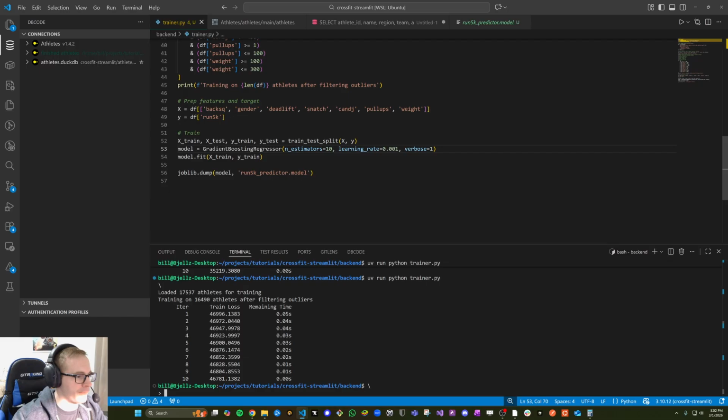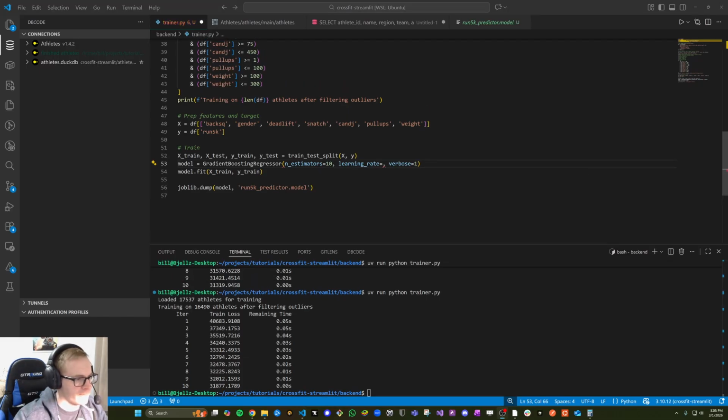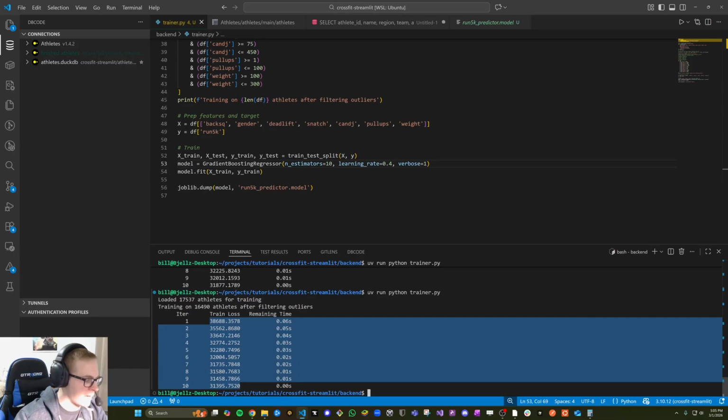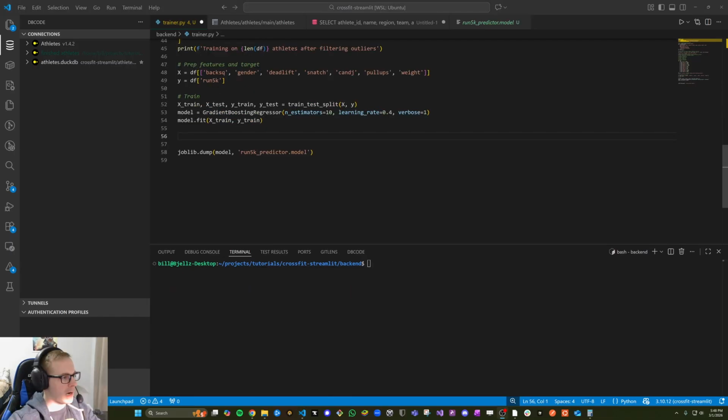So this is kind of the whole trial and error thing. For our data set, I've found that it seems like the sweet spot is about 0.4. So if we try that, then you start at 38,000 and go down to about 31,000. I do want to go over another hyperparameter that I can use, but before that, I want to show another